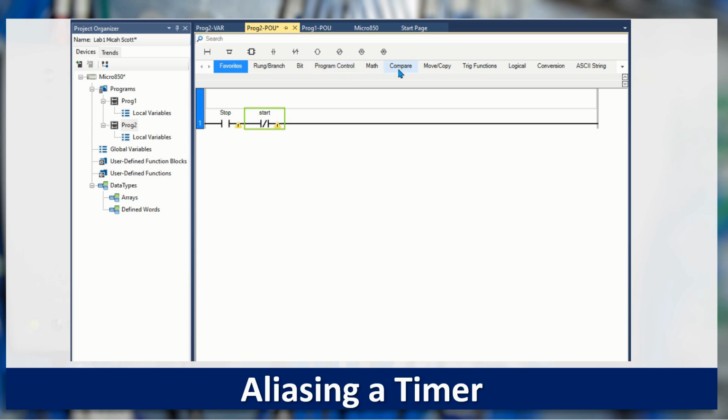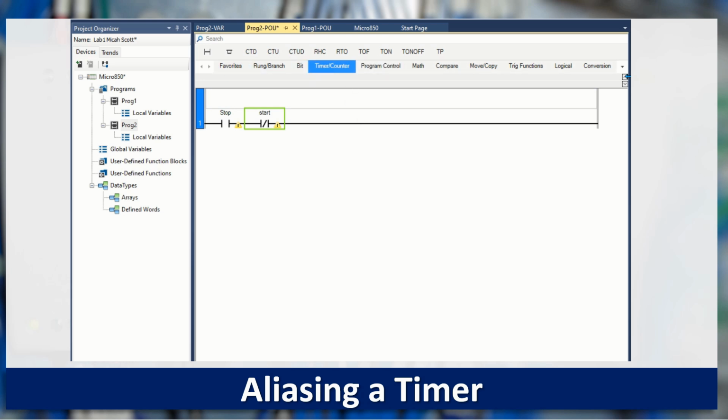I'm going to grab my timers. You can drag and drop the menu if you're going to be using something all the time. See how it has favorites, rung, branch, bit. Timers are next in line, so I'm just going to move that over,